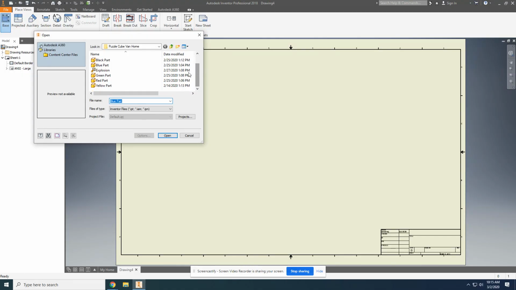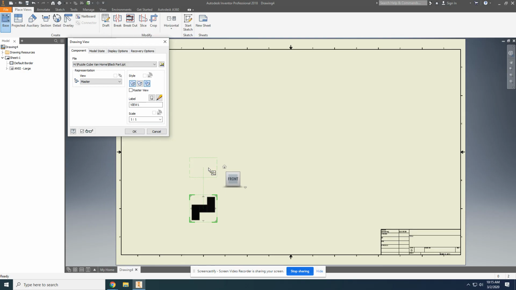Actually, you know what? We're going to do the black part. So I'm going to go ahead and open that. Now, in terms of its location, I'm going to just check to see if that's the way I want it. Okay, so that's going to work. That'll be fine. All right, so I'm going to go ahead and change the scale, and we're going to bump